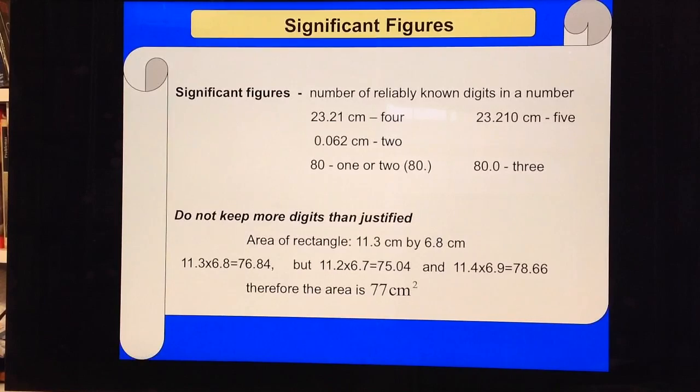And now I want to compute the area. So we know that the area, I'm going to multiply these two numbers, which are in centimeters, so my area will be in square centimeters. So how are we going to do this? If I just put in my calculator 11.3 multiplied by 6.8, this is the number that we are going to get: 76.84. And is this the way I'm going to give my answer? Should I write 76.84 square centimeters? Well, look, this is very suspicious because